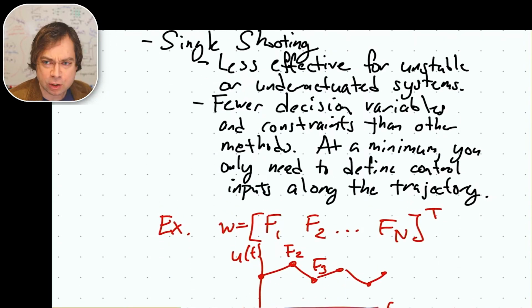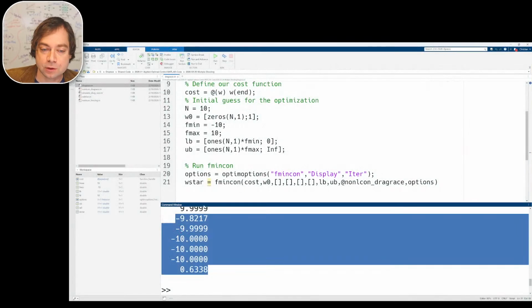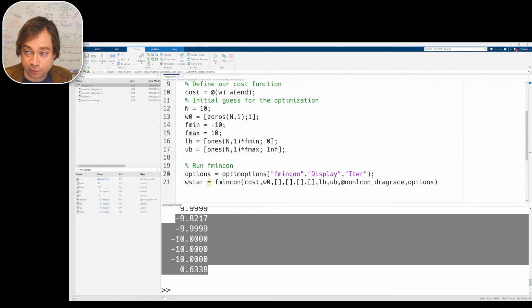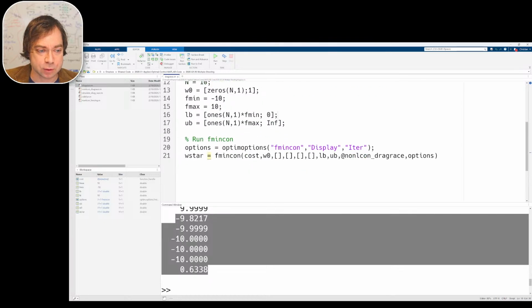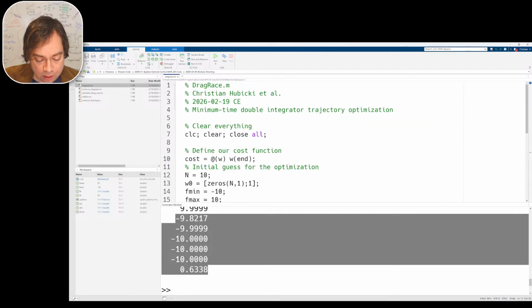Now why? So let's go back to our code. Actually, this will be a fun time to go back to the code. Is everyone able to get the code off the Canvas page if you didn't already? Hopefully it runs on your version of MATLAB. It should be pretty cross-compatible across a couple versions of MATLAB. Is anyone able to run it? Get roughly what I've got here? Give me a thumbs up if anyone can run this. Good. Okay, at least one person can run it. Awesome. So when we run this here,